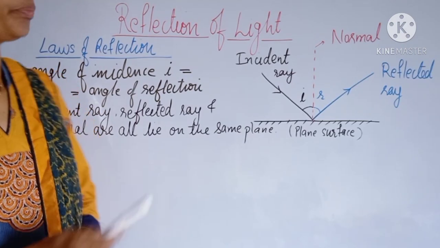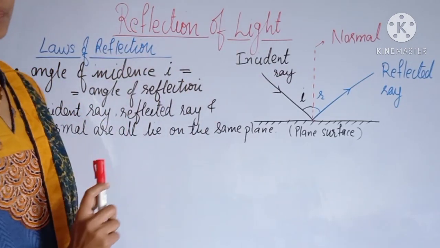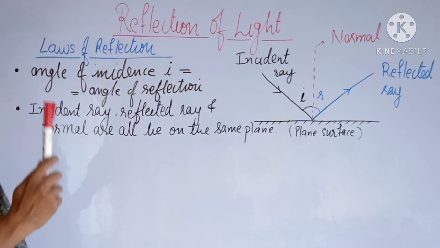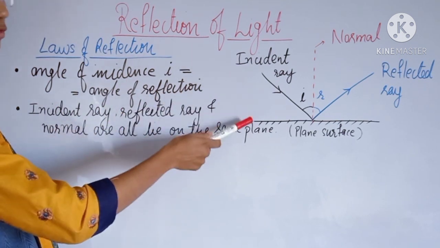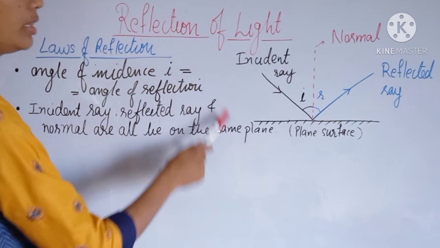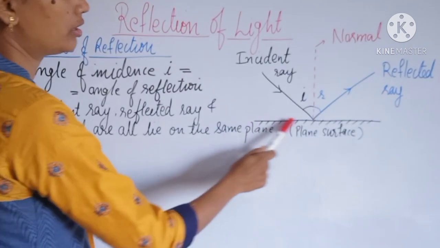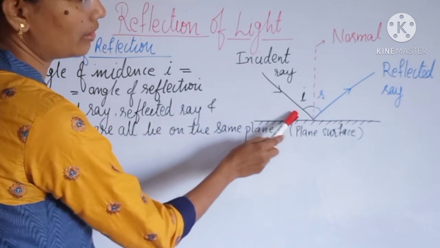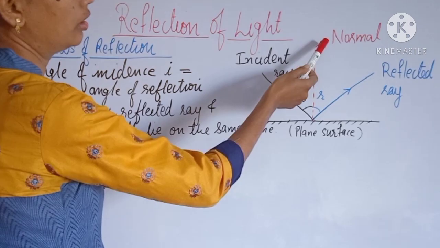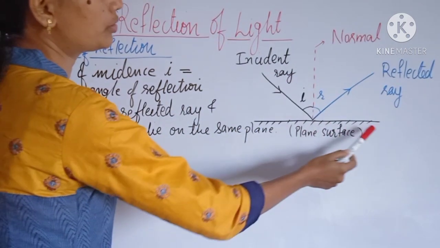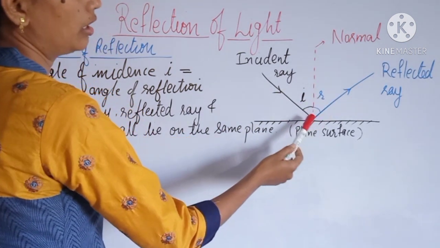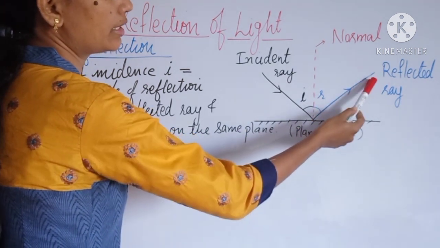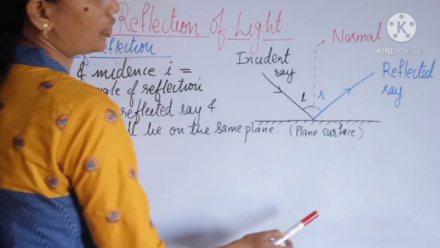Now let's recall reflection of light. As you have studied, light gets reflected from the surface on which it falls. Let's see this ray diagram. Here, this is a plane surface on which the incident ray is going to fall. This black colored line is the incident ray. An imaginary line which is perpendicular to the surface is known as the normal. When the incident ray falls on the surface, it gets reflected. So this blue colored line is the reflected ray in this direction.